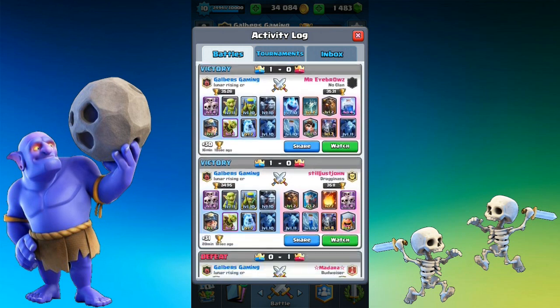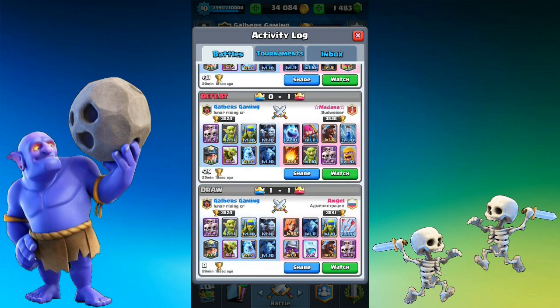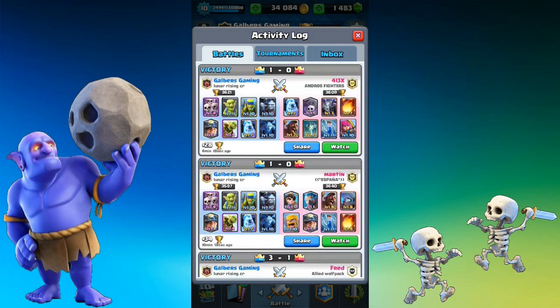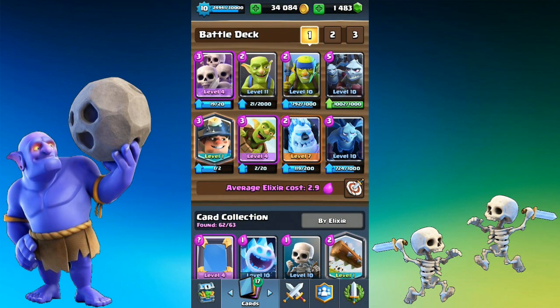But looking at these games, there's a lot of people here who've got good cards, and I came across 3 different Lava Hound decks. That's crazy. I managed to get a win in all 3 of those occasions. Probably not that surprising considering I've got the Minion Horde and Minions. I'll probably beat those Lava Hound decks,